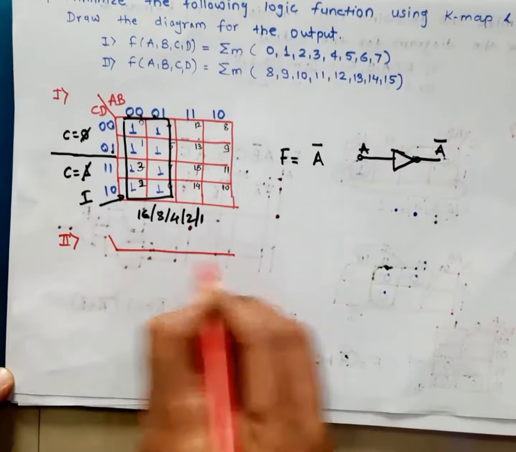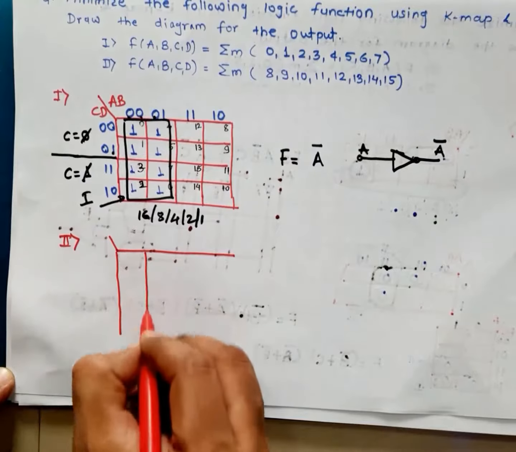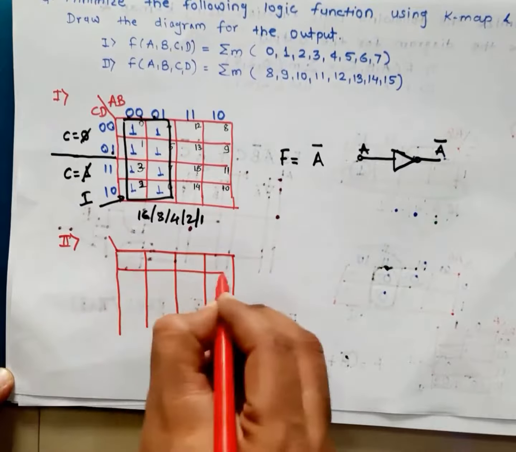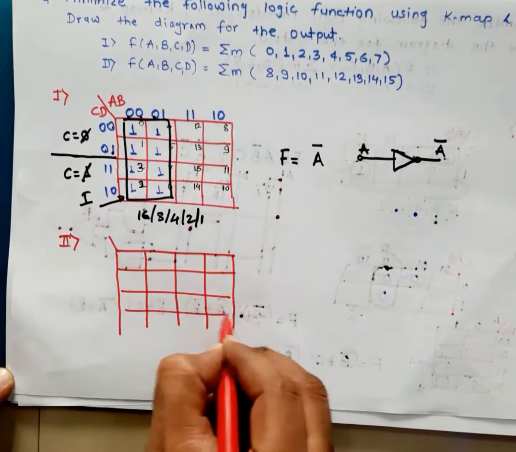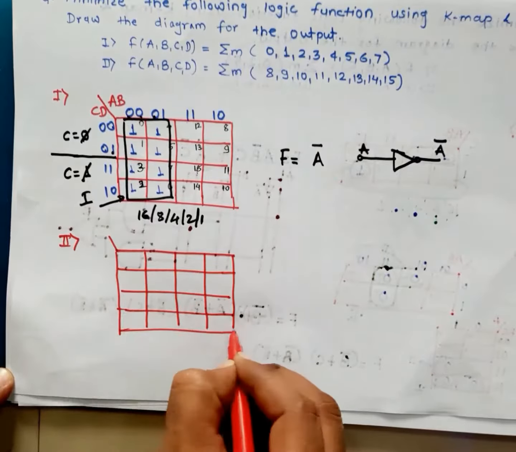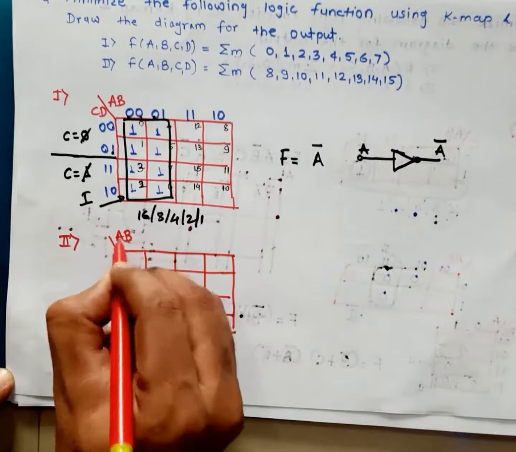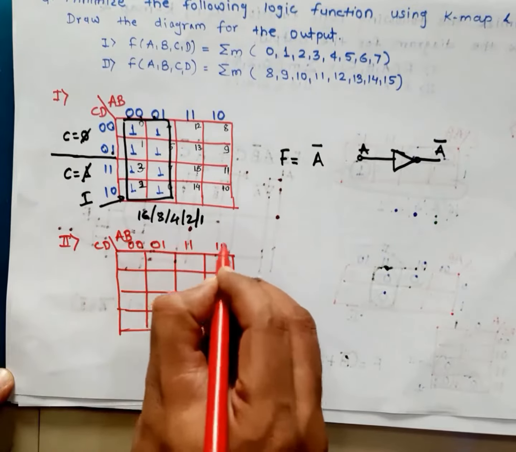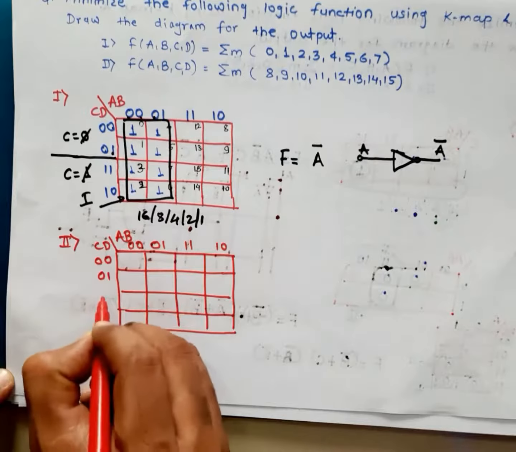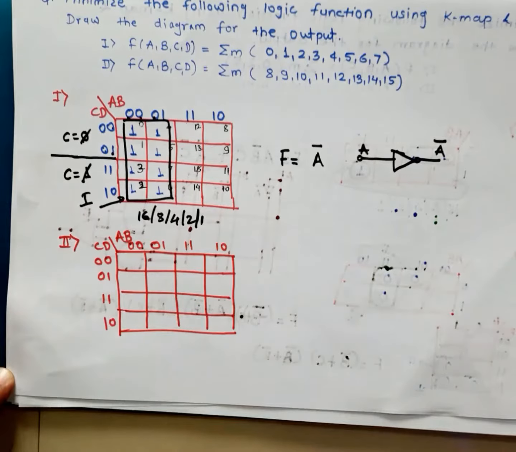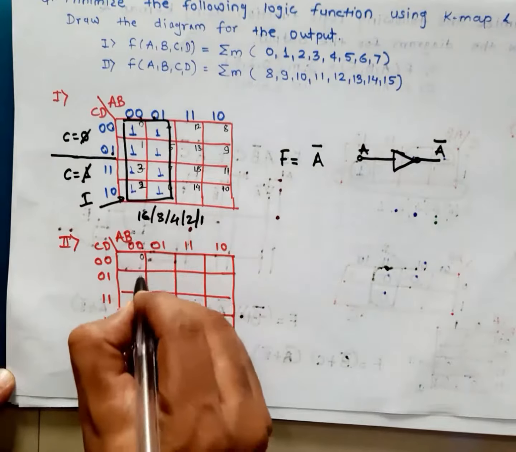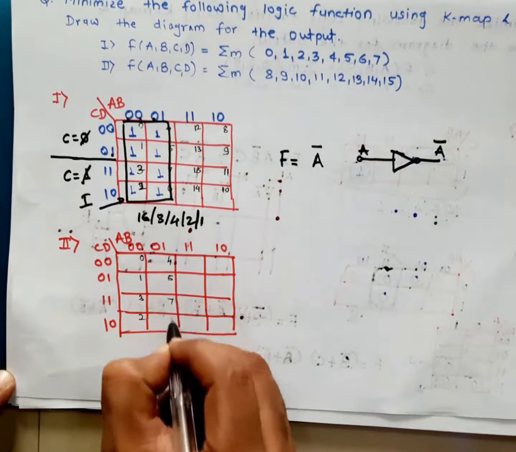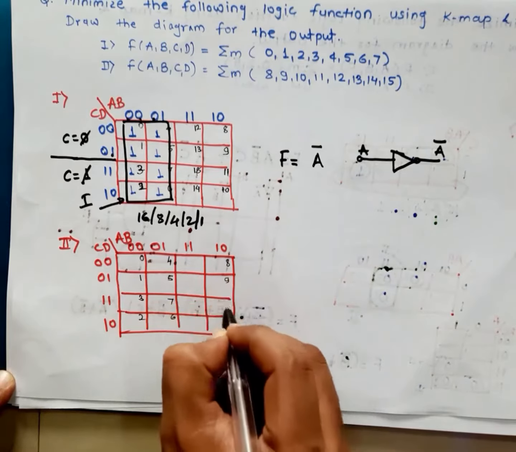Again from the equations we require the 4 variable K map. So I am going to design the 4 variable K map. Similar process, I am always following the same pattern where the variable values are like gray code. So see here it is very easy, then I don't need to recall the decimal values. I can directly put here.